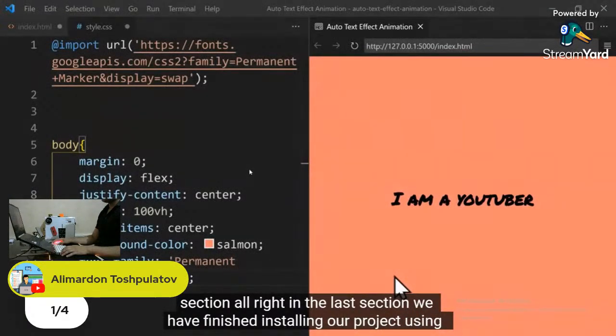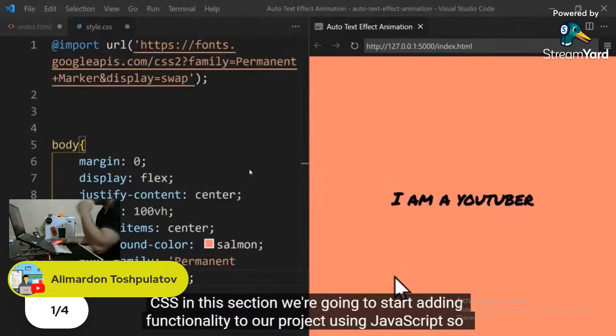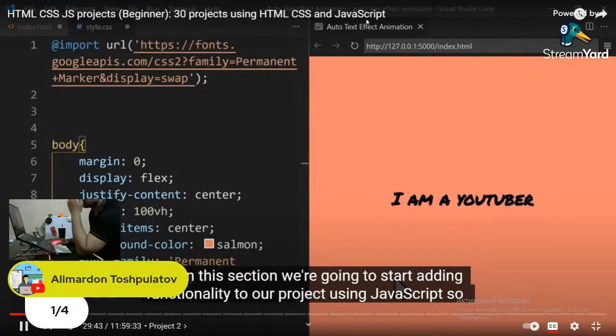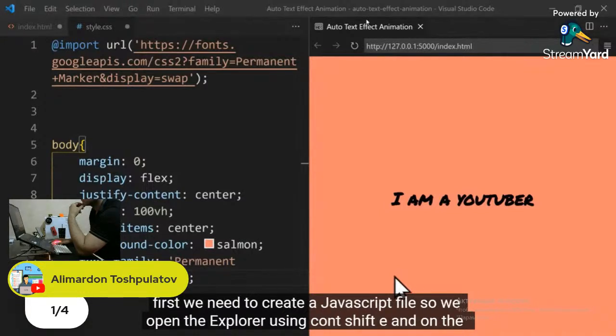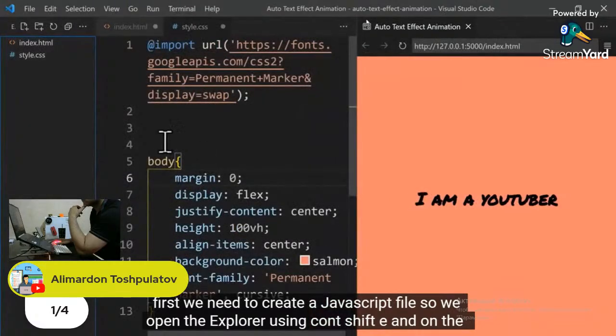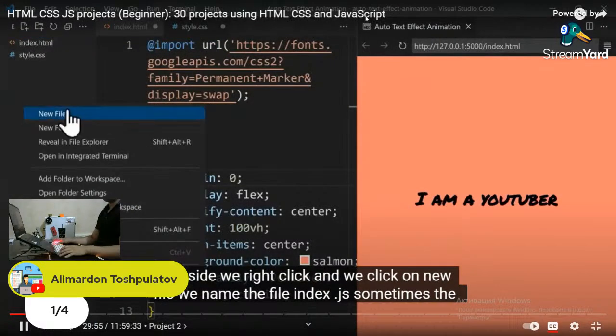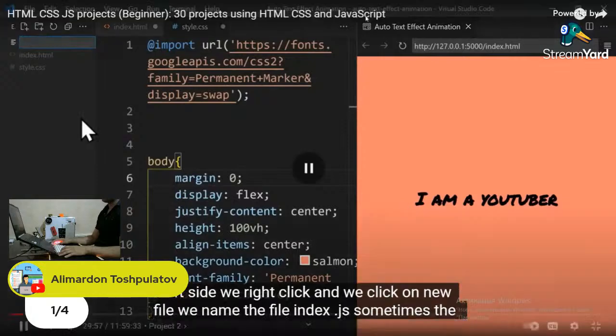All right, in the last section, we have finished styling our project using CSS. In this section, we're going to start adding functionality to our project using JavaScript. So first, we need to create a JavaScript file. So we open the Explorer using Ctrl-Shift-E, and on the left side, we right-click and we click on New File. We name the file